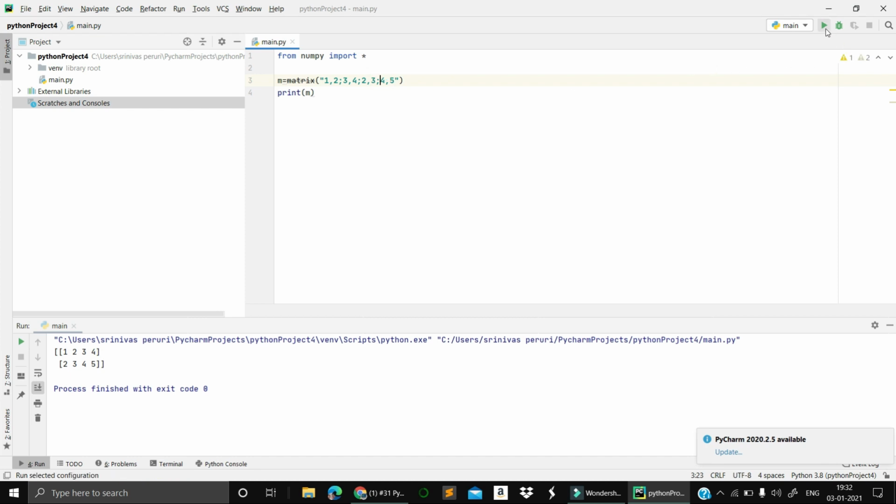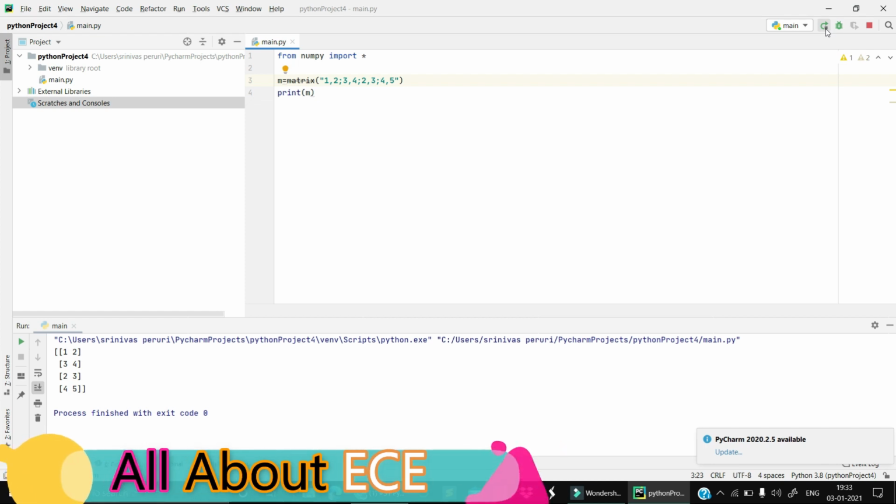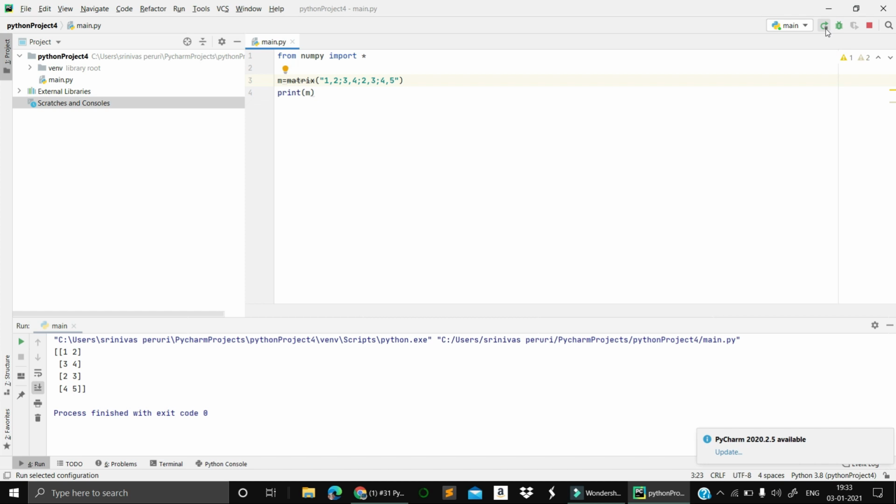Okay, let's run this one. I can have this one, right? Sorry, 4 rows and 2 columns. If you have one row, you give elements separated by commas. If you want a column, then you need to break there by specifying the element with a semicolon. Then only will it break the elements to the next row. There itself it will create a row as well as a column. If you specify the semicolon, the input assumes that here a semicolon is given, so I need to print on the next line.